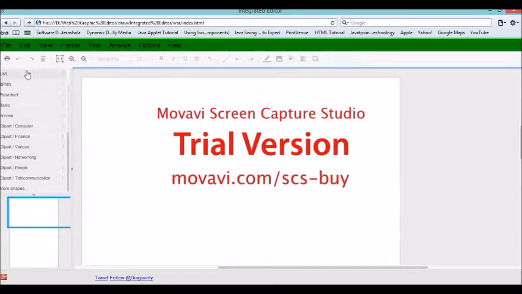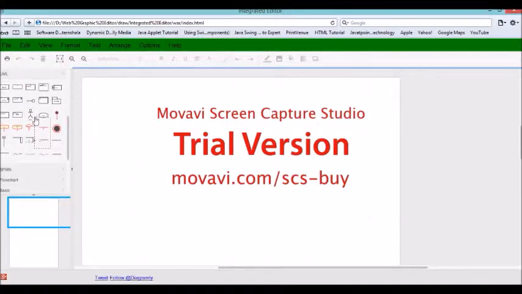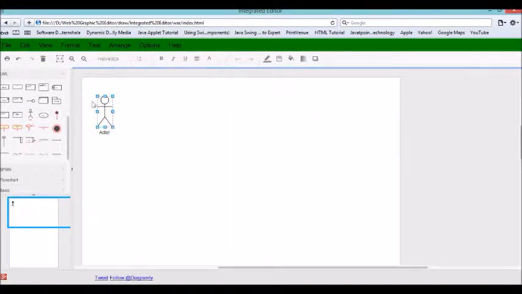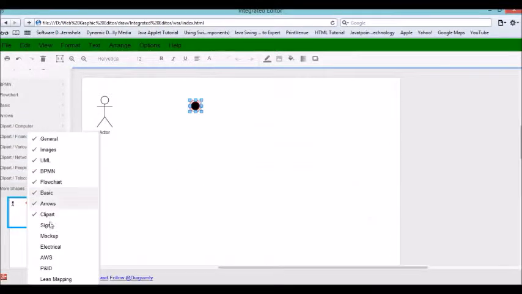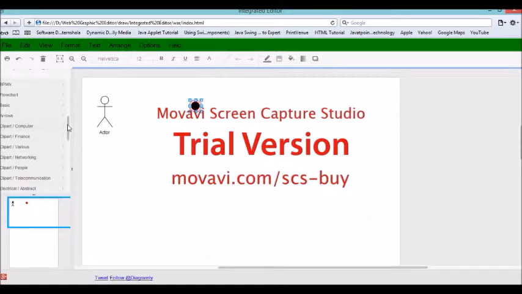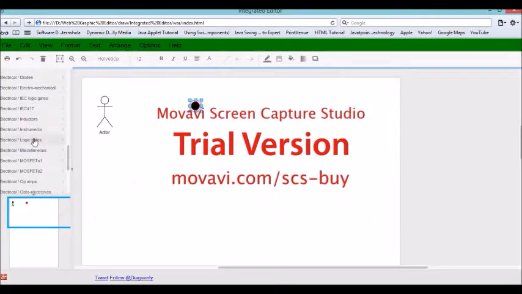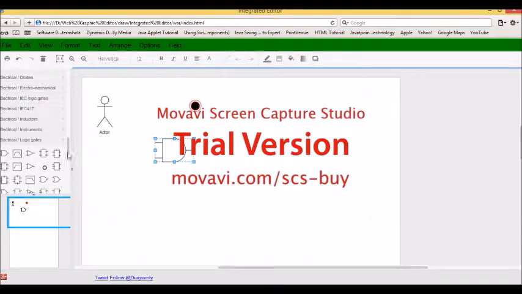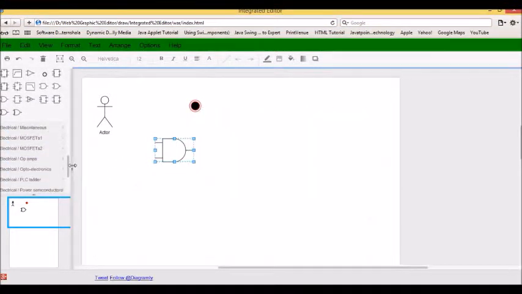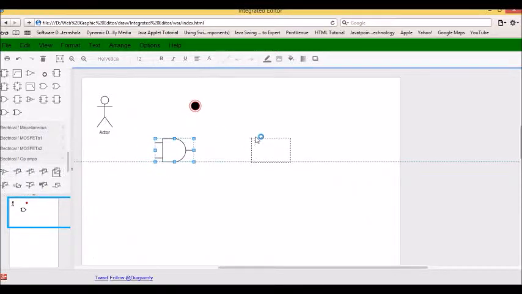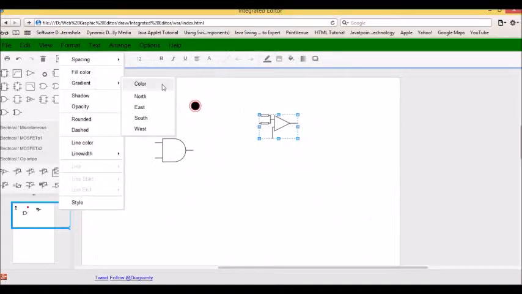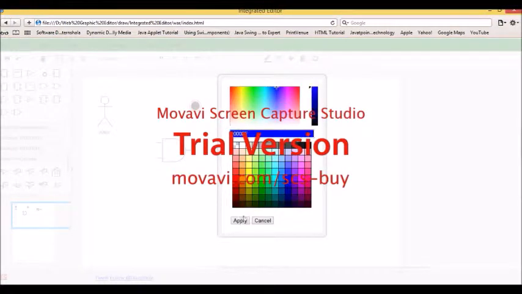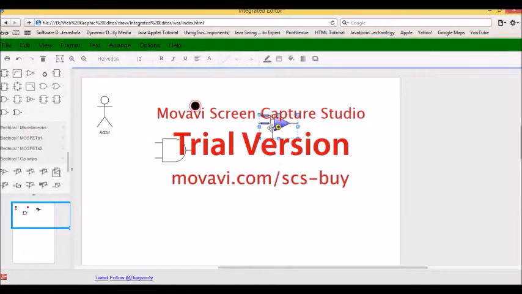I would like to give you a small example of UML. We can use the user component, and simply drag and drop the activity component that has the pause activity. Now I would like to show you some basic electrical components. In electrical components we have logic gates, simply drag and drop, and others like op-amps. Here we have op-amps. We can also change the color, in gradient color, like the blue color we have chosen. Apply. So blue color, here it is.